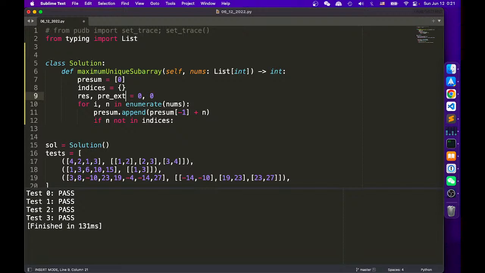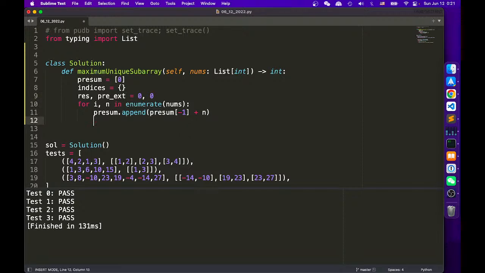And then for each one, I check, right? I check the previous extension, like the last time I appear. If the last time I appear is bigger, like more to the left than the previous extension, then that means I can add myself to it. If it's within, then it's going to be this. So in this case,